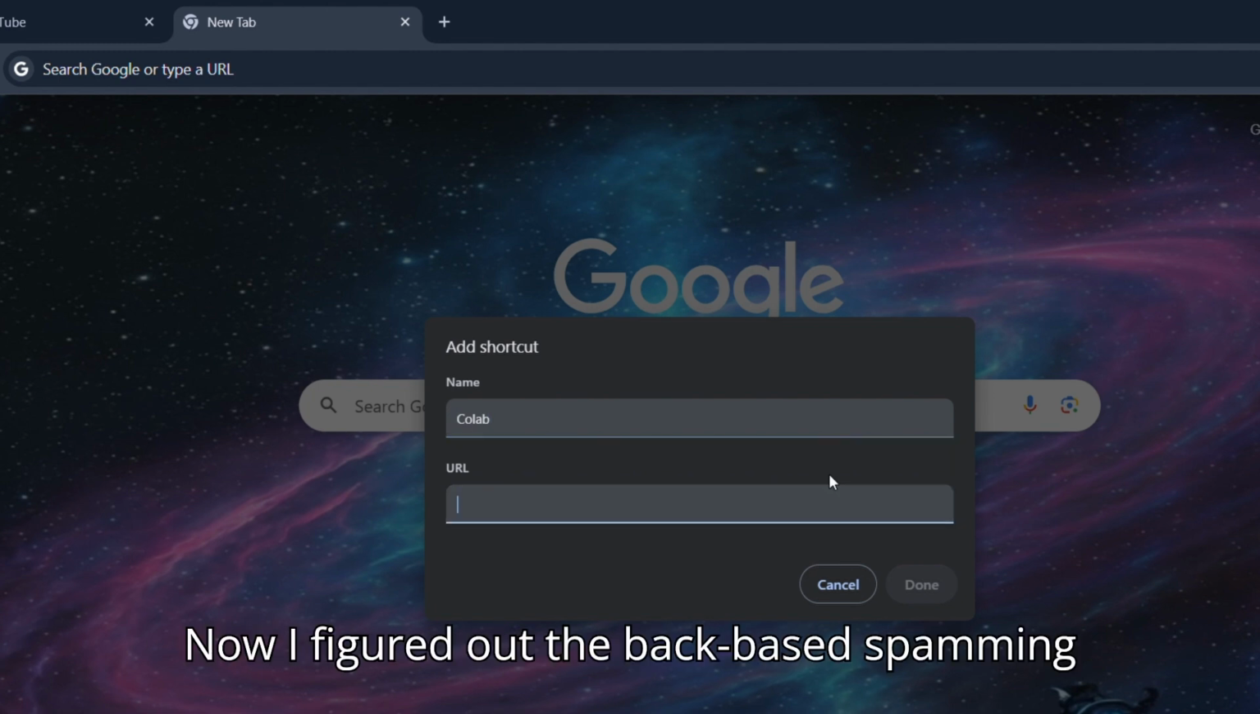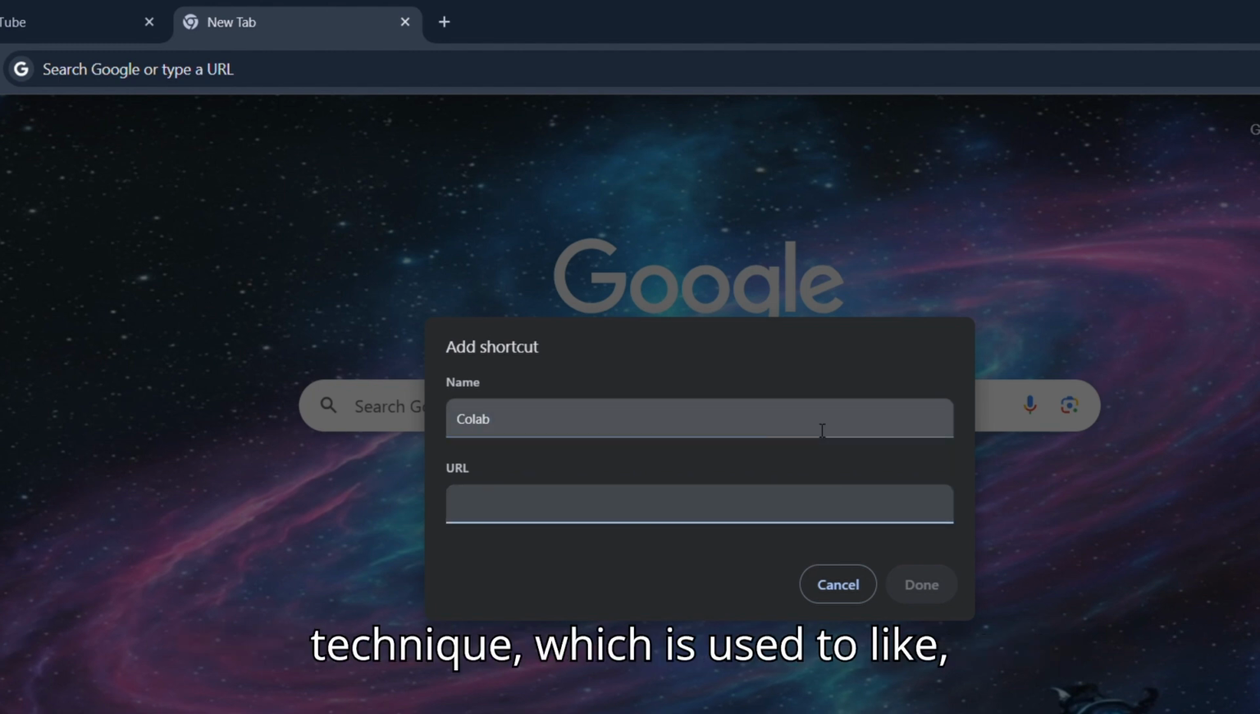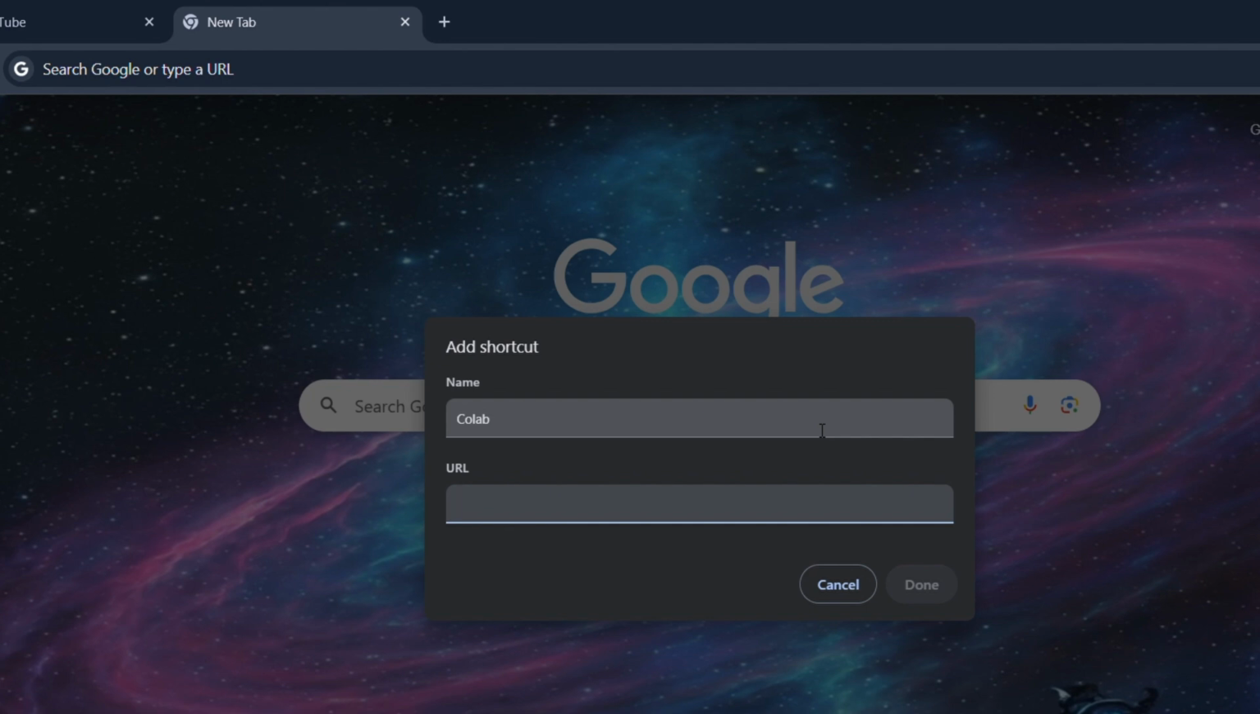Now I figured out the backbase spamming technique, which is used instead of the slider technique, but it probably works if you want to